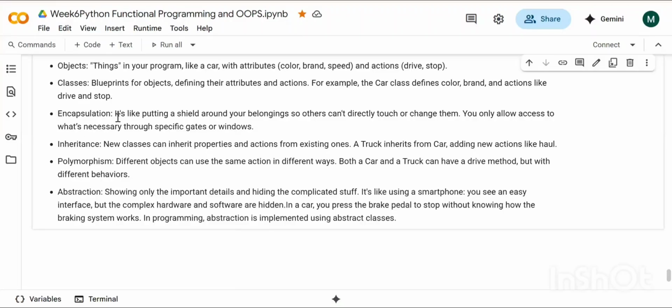Now, guys, here comes encapsulation. Just listen to me first, and then I will read this definition out, which is given over here. Okay?